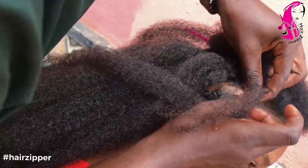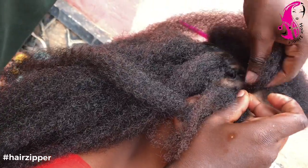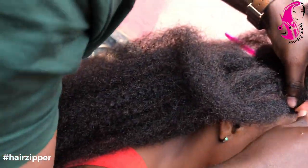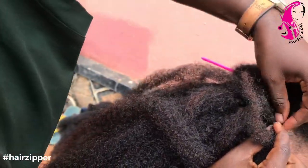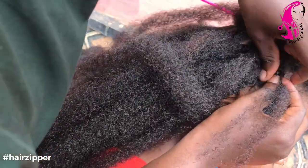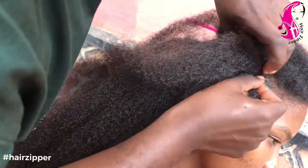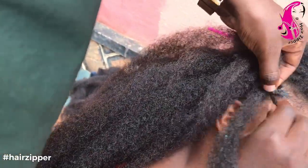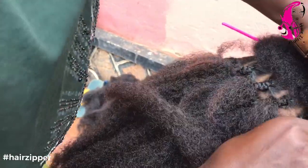You can share this video because I want you to see how hard it is. And maybe when you have short hair, trust me, you can still do something with it. So we are doing the natural tangle on short hair, and here are the tricks that I used so that I could manage. One, I know that with short hair it's very hard to cut a line,